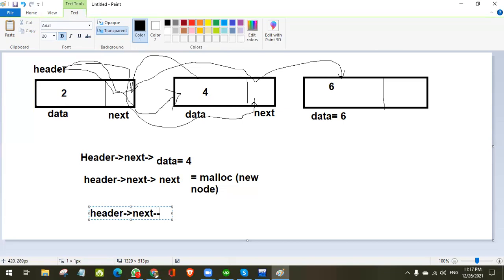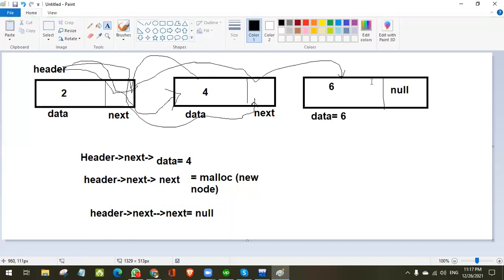Then again we write header, it means we reach here, and then again we ask for the next. So we are here now, and we set it equal to null. It means that here we will write null.